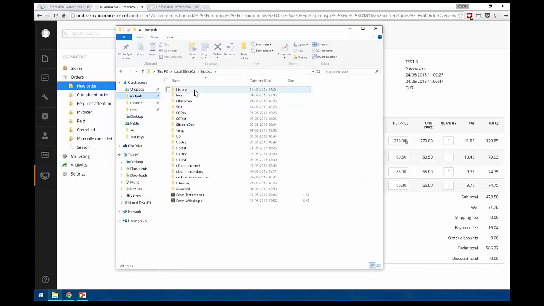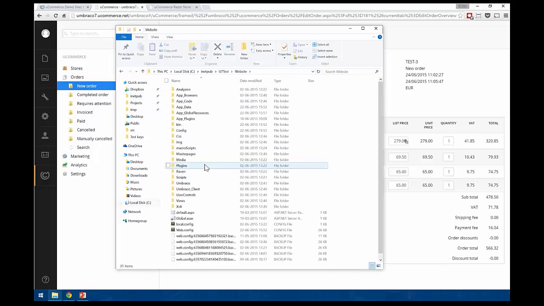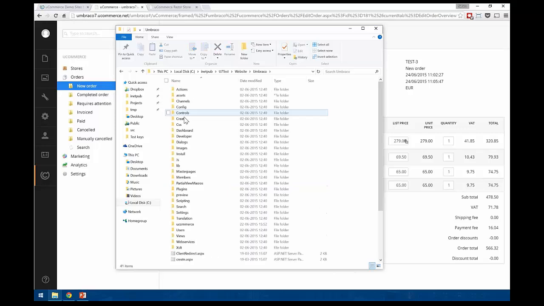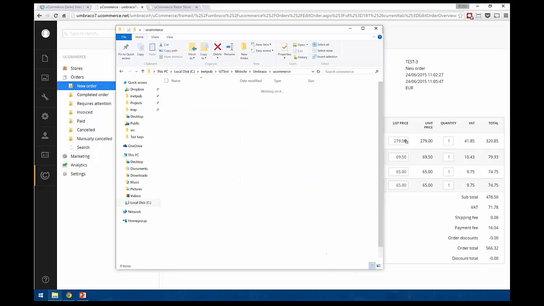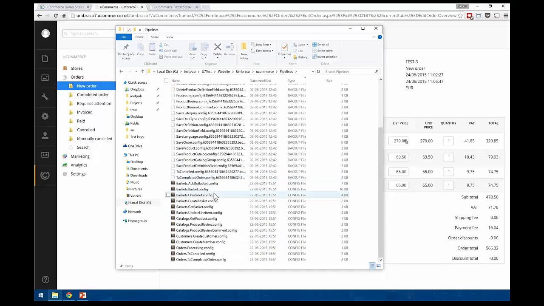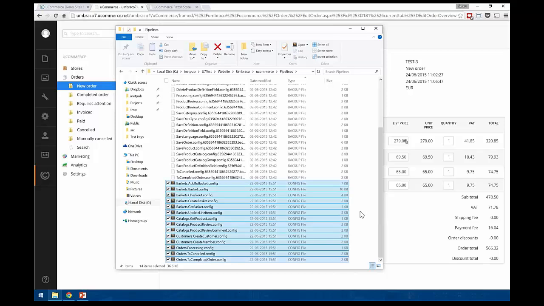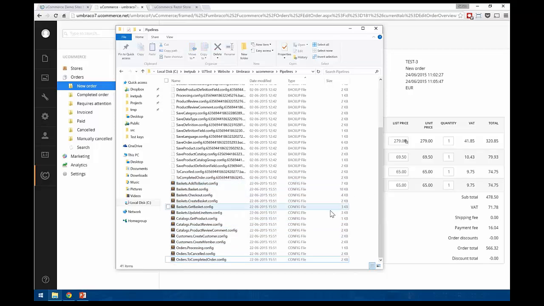Let me find my Umbraco site here, and I can show you what it looks like in the configuration. I'll be brief, don't worry about it. But I need to show you one just to give you a sense of what it means. So you can see here, these are the pipelines, and in 6.7 we actually introduced a bunch of new pipelines to deal with different things. So in versions prior to that, the basket pipeline was a common one that deals with all the calculations of keeping the basket up to date price-wise, tax-wise, and so on and so forth.